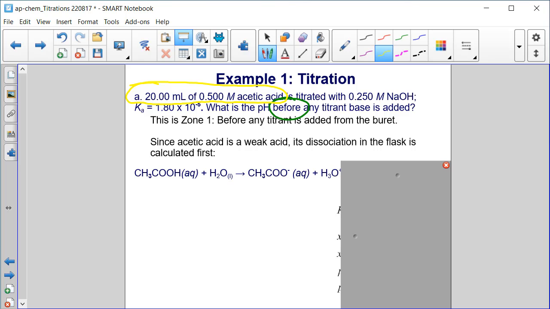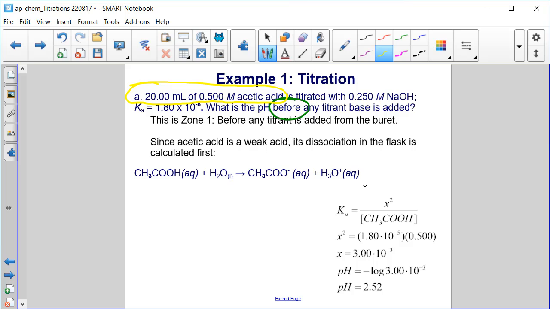So this equation is showing the dissociation of the acid. When you add it to the water, you get H3O plus and CH3COO minus, the conjugate base, right? That's what is initially in the flask before adding any base. Okay, so let's start by thinking of what are our initial amounts, what's the change, and what is our equilibrium amounts,